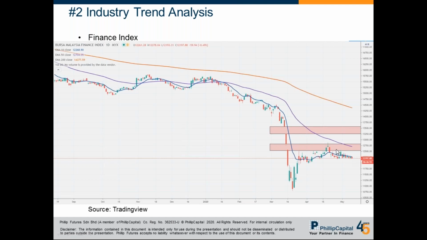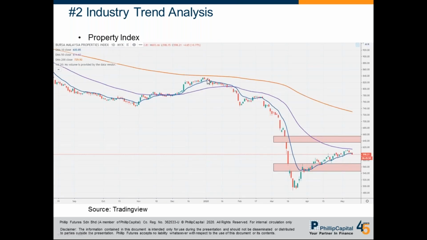All right. If you look at these two highlighted areas, this first one will be the first hole here. When there is a hole, we always say that when there is a gap, it needs to close the gap. It's just like we have a hole in our pocket, we need to mend it. If you look at it, it's definitely weak. The 50 EMA is still pointing downwards. It's a very weak index to trade.